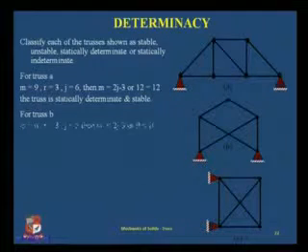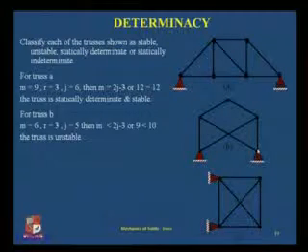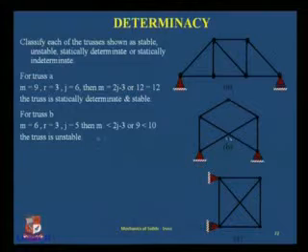If I talk of the second truss, shown in figure B, then I have the number of members equal to 1, 2, 3, 4, 5 and 6, and the number of joints is 1, 2, 3, 4 and 5. This is not to be considered as a joint because the members are only crisscrossing and are not joined at that point. So you have a total of 5 joints, 3 reactions. So the equation is m is less than